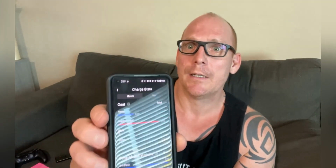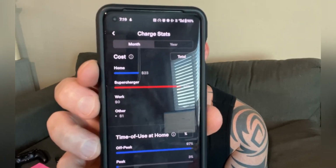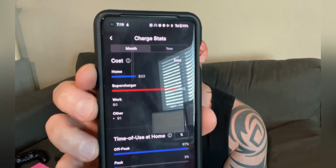But here are the numbers that you want to pay attention to, right? So look at that. In 3 weeks, now I've only had the charger in for, oh gosh, over a week. I've spent $23, but that also includes when I had my mobile charger plugged in through a regular 110 outlet, something you'd use for a cell phone or whatever, right? So that cost is actually included since I bought the car, essentially. But it's $23 on my home charger, including my Supercharger thing that I got out there, versus $62 on a